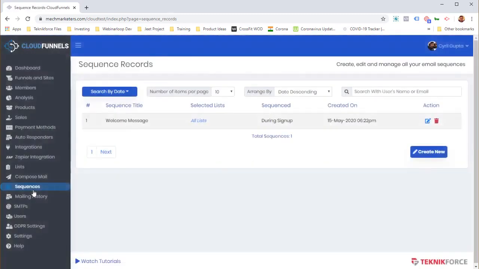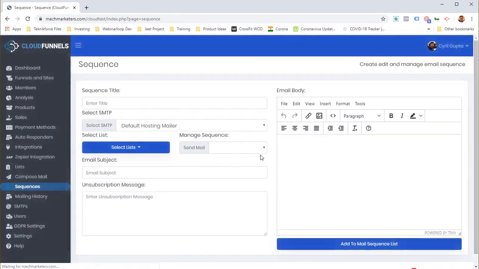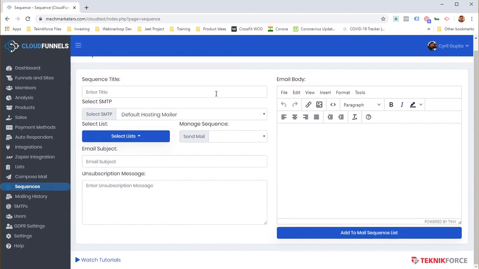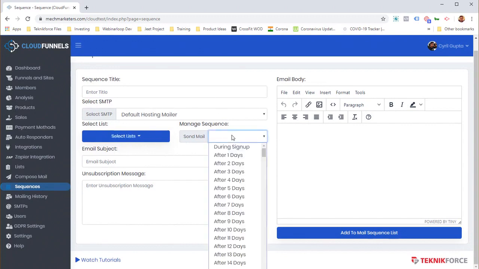Then you also have mail sequences, and that is really golden. Imagine anybody who signs up to your list, anybody who opts in, anybody who buys a product, you can trigger off a mail sequence where you can send them mail outs at a regular interval. So you can put in your title, add in a mail, and then you can decide when you want to